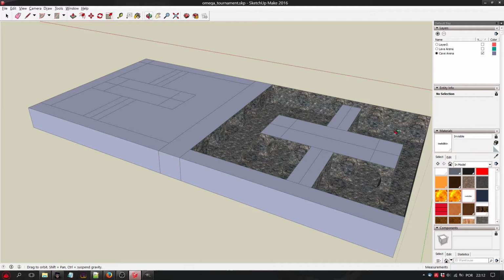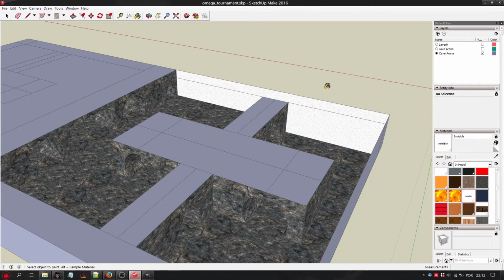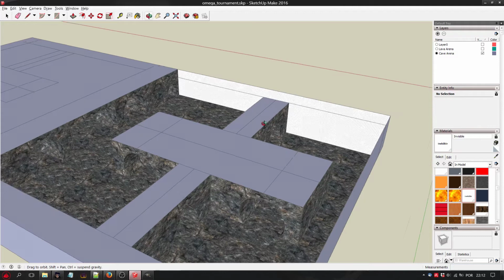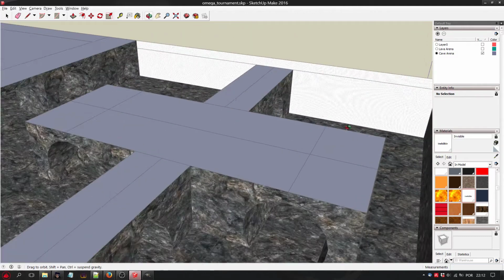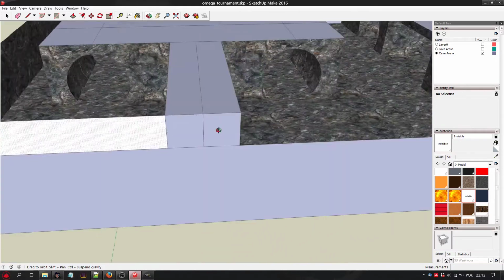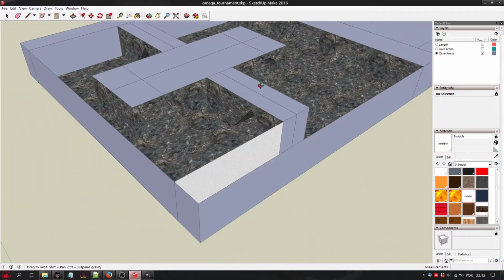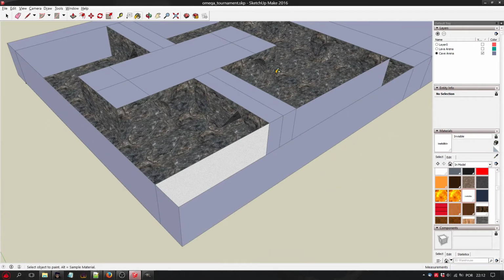But if you want the fighters to see the spectators, you need also to paint this side of the texture. So let's just do that. Let's also put a wall right here. Let's paint it.